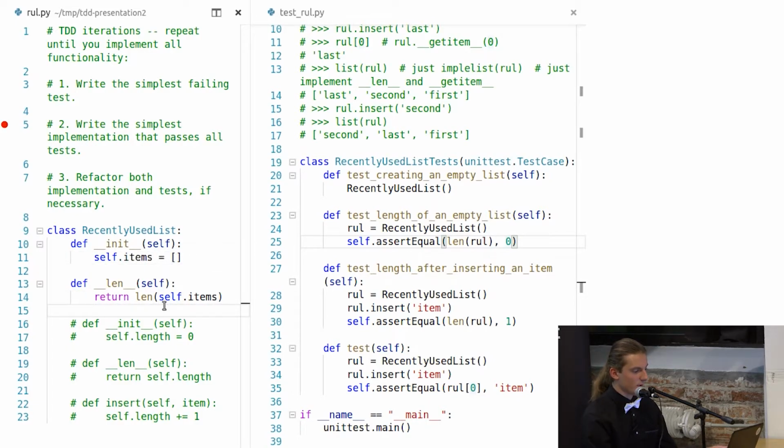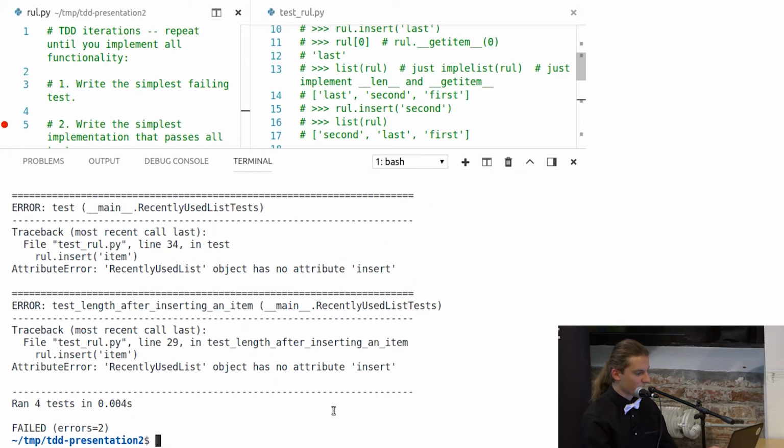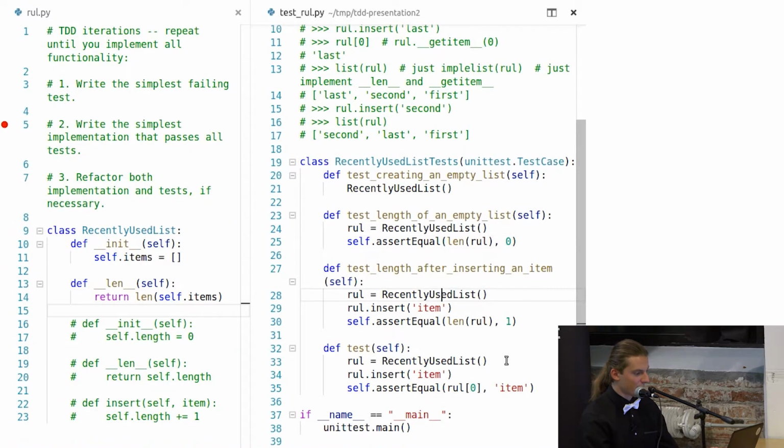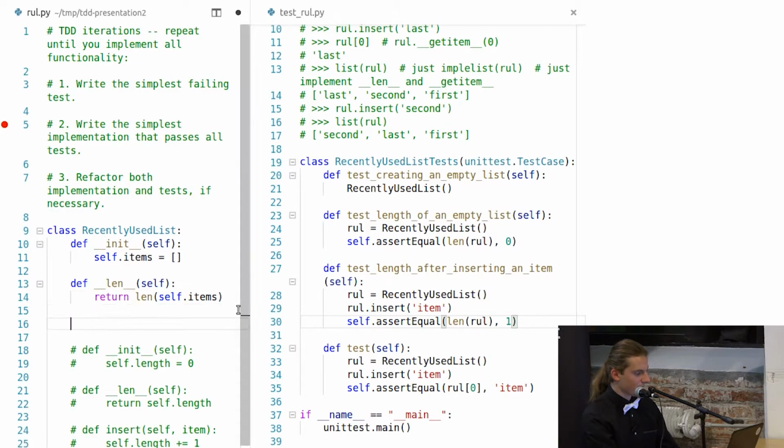And now the first two tests should pass. Let's make sure that it's really the case. And yes, the first one passes and the second one. So now I can focus on the third test, that is just inserting an item.